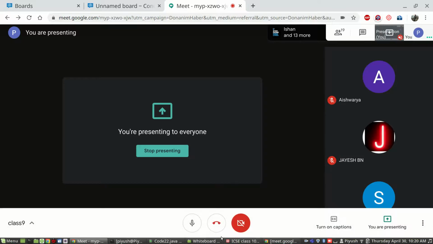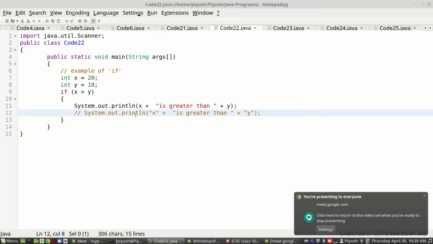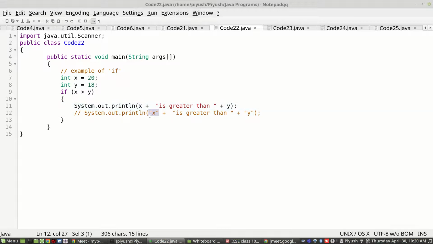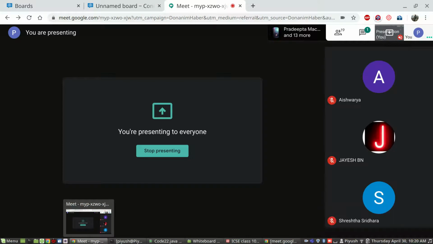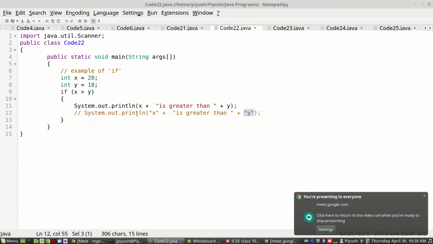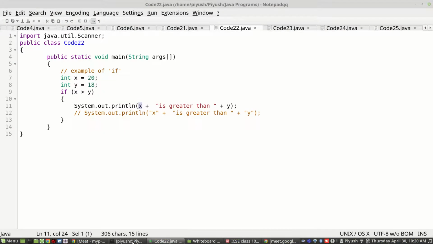What if we enclose this x within quotes and this y also within quotes? Nothing related to if, it's basic input. The values of x and y are appearing in this case. If I execute this program for you,